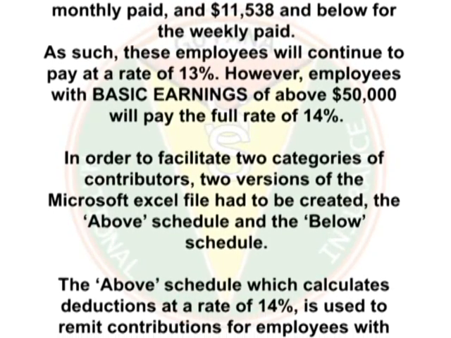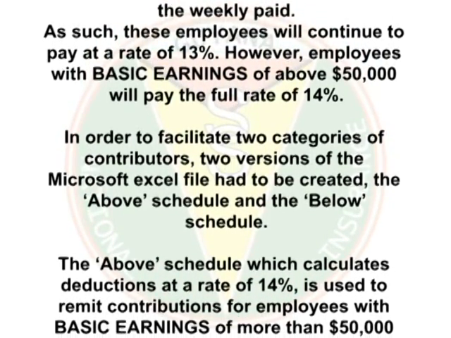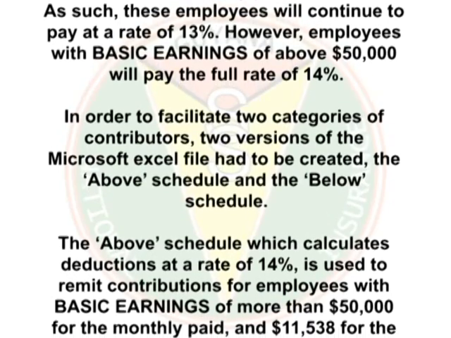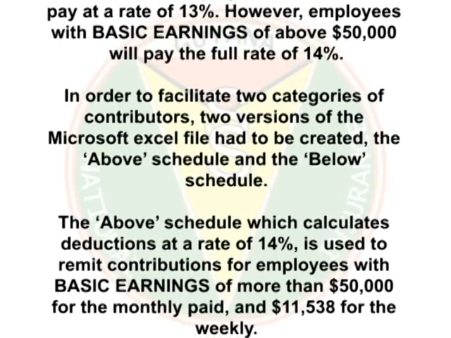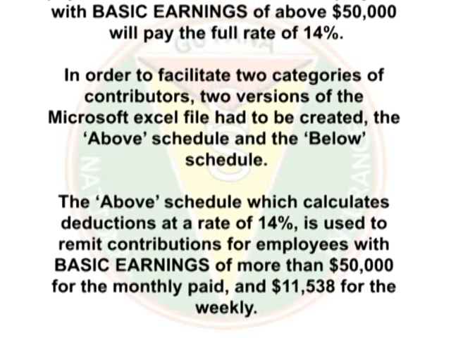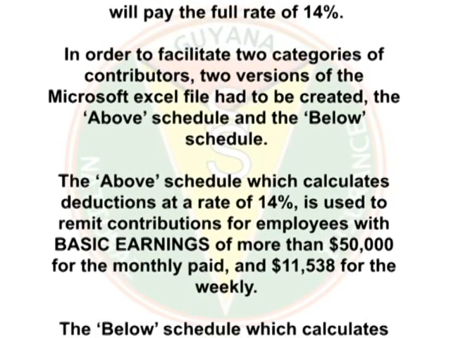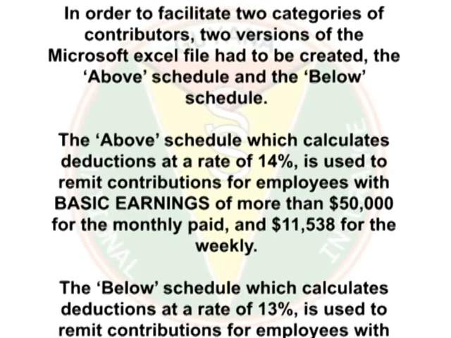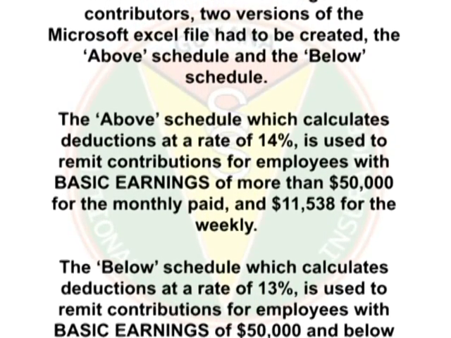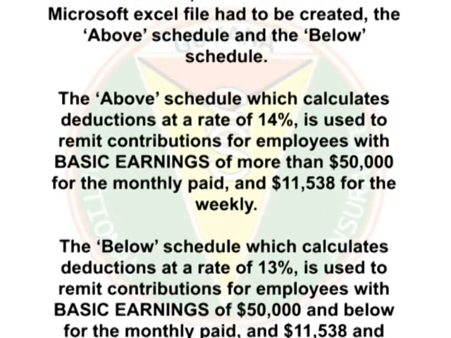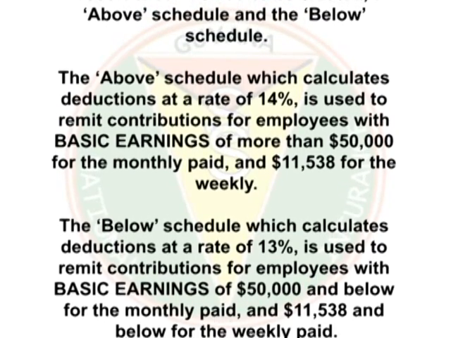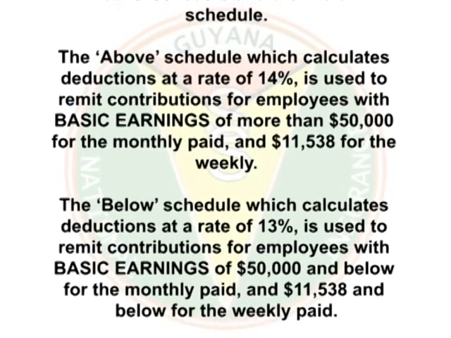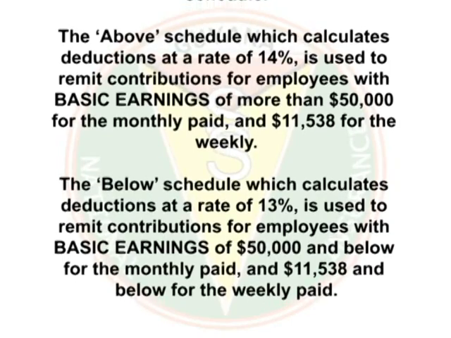In order to facilitate two categories of contributors, two versions of the Microsoft Excel file had to be created, the above schedule and the below schedule. The above schedule, which calculates deductions at a rate of 14%, is used to remit contributions for employees with basic earnings of more than $50,000 for the monthly paid and